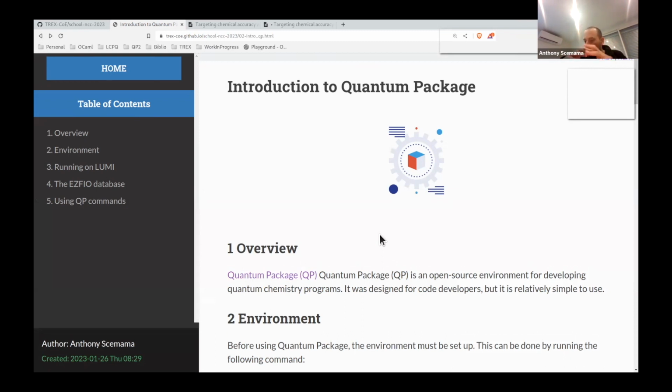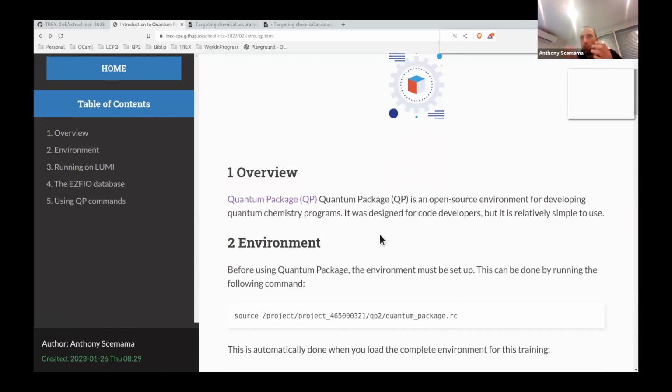It's just a programming environment so that you can develop new methods easily. Of course you can use quantum package to do calculations, but its initial goal was really to help researchers develop new methods. It's very easy to program and to play with matrix elements and things like that. At the beginning we developed it to implement some selected configuration interaction methods. That's what I'm going to talk about on Monday.